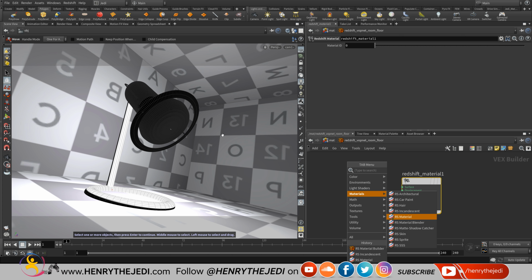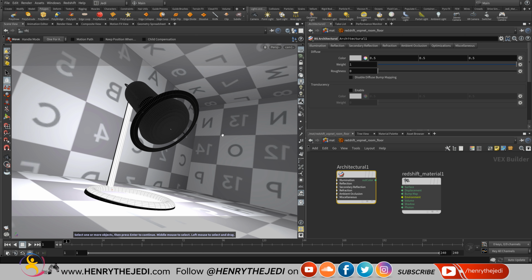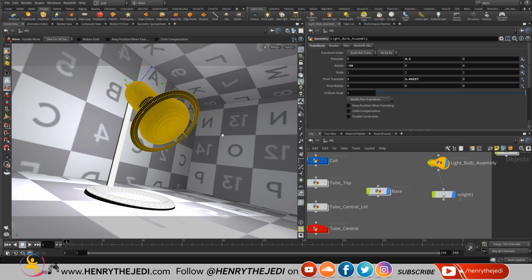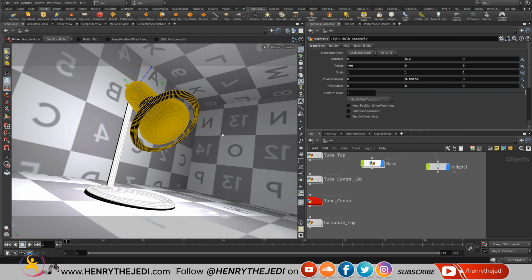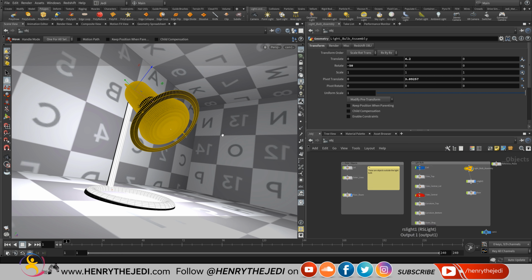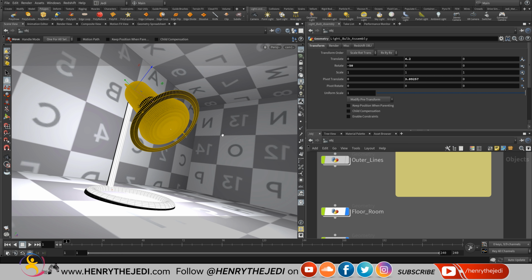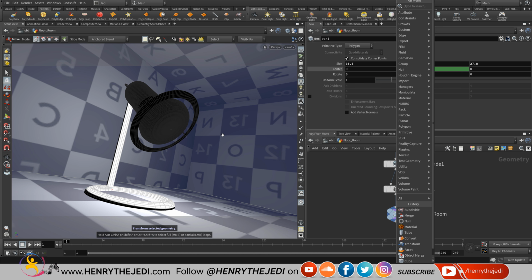Let's see. Oh, there's even Redshift architecture. Let's just see what this one will do. Go to the object node and we come to the, where's the room? Let me just see. Yeah, in fact, let's drag this base here to be in the same group as this one here. Yeah, we go to the room here and we go to materials,